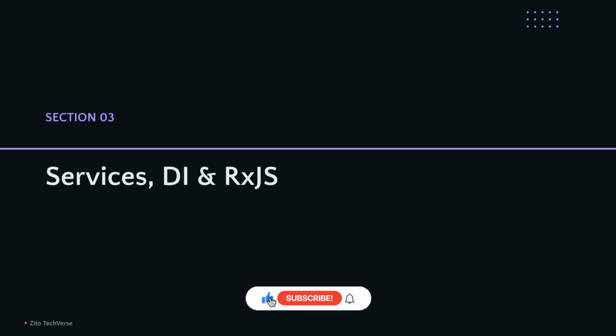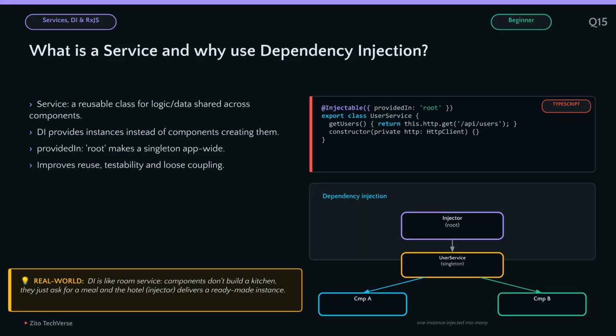Section 3. Services, Dependency Injection, and RxJS. Question 15. What is a service, and why use dependency injection? A service is a reusable class for logic or data shared across components. Dependency injection provides instances of these services for you. It's like room service. Instead of building a kitchen, you ask for a meal, and the hotel delivers a ready-made